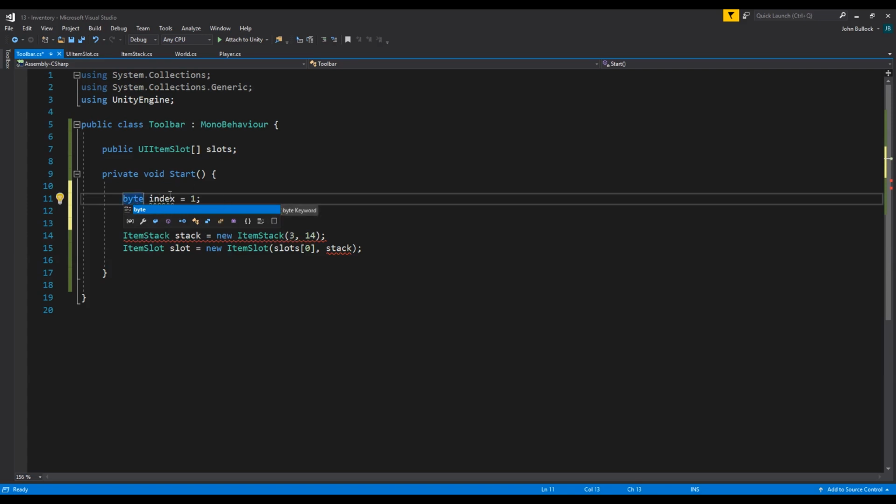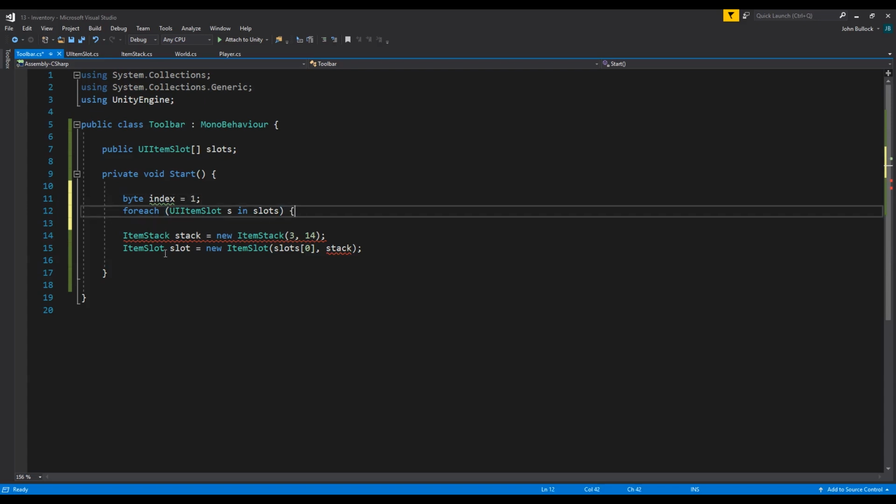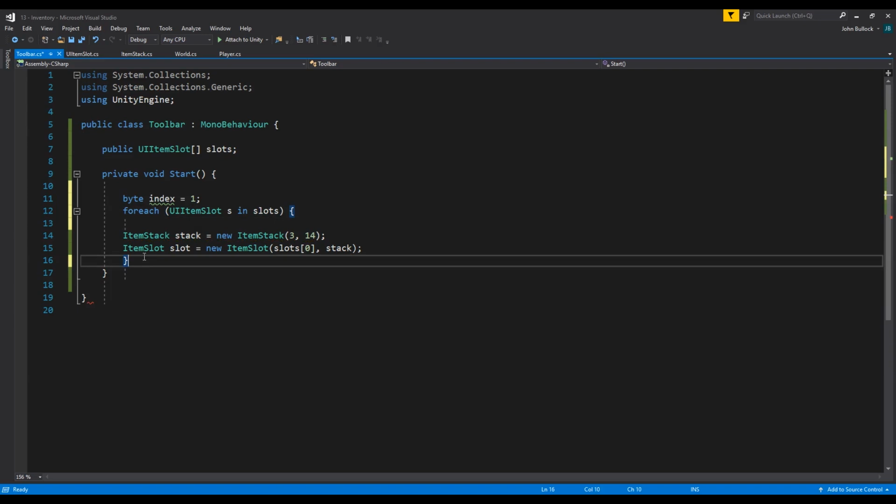We don't want it to be 0 because 0 is air blocks, and we can't use air blocks as blocks. If we want an air block, we destroy a block. We don't create an air block, we destroy a physical block. So we start at 1, and then we're going to loop through each item slot, and then we're just going